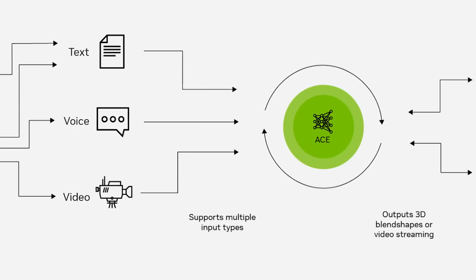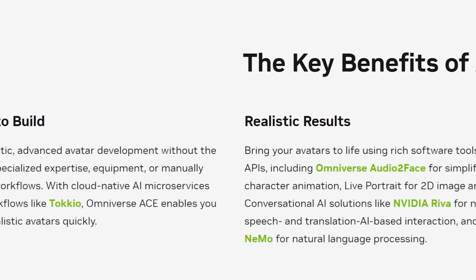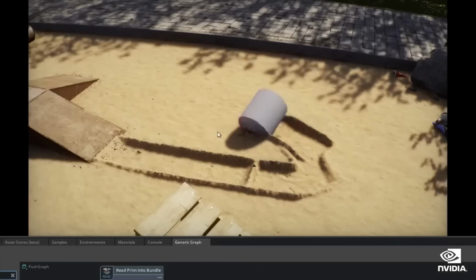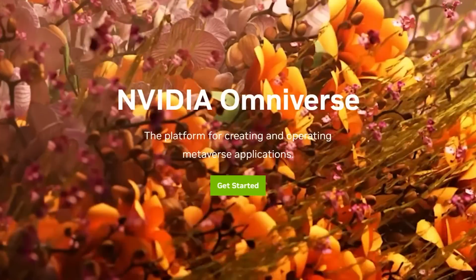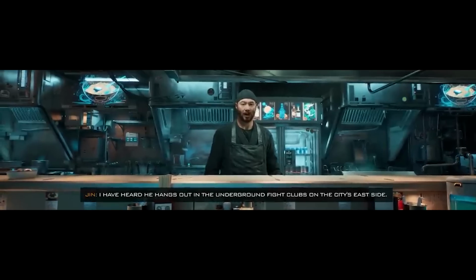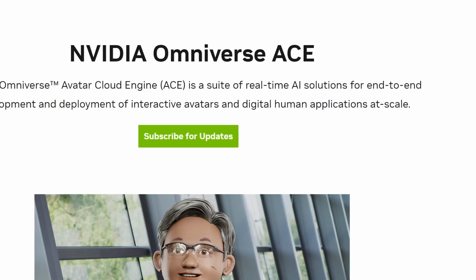The story is in regards to some new tech from Nvidia. It's called ACE, which stands for Avatar Cloud Engine, and it's a part of Nvidia's Omniverse platform. Now, the Omniverse part isn't all that exciting, given it's essentially a platform to create metaverse-type apps. What I find really interesting is ACE itself, which is basically a software suite of avatar solutions using AI for